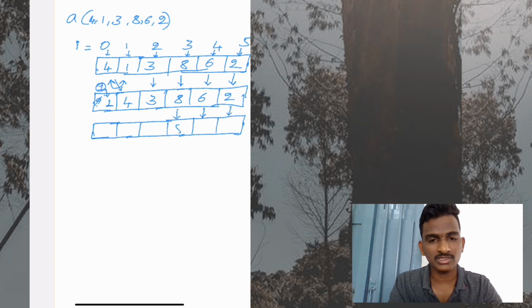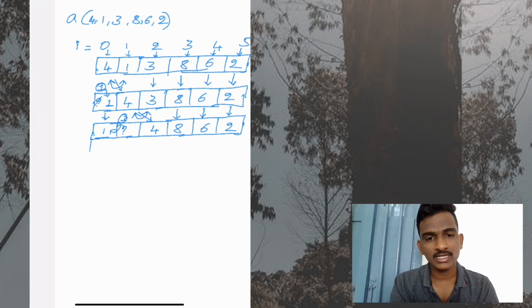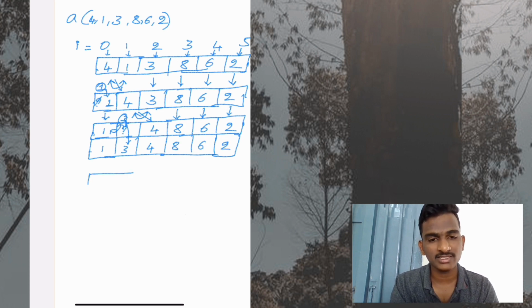Here, the first two elements are now in ascending order, and we check the third element as well. The remaining elements, 4, 5, 6, stay as they are, and we check whether the second and third elements in the array are in ascending order or not. As 4 is greater than 3, the fourth element shifts to the third position. Now we check the ascending order of the first and second elements, 1 and 3. As they are also in ascending order, we skip this step and check the four elements in the array,